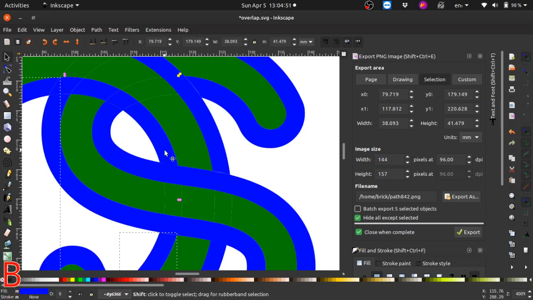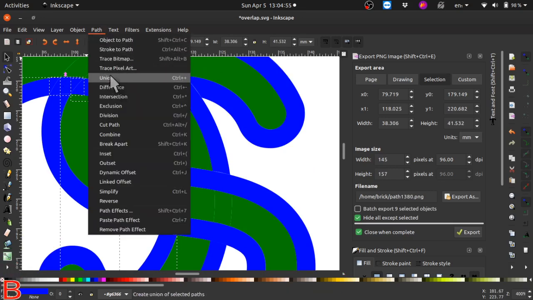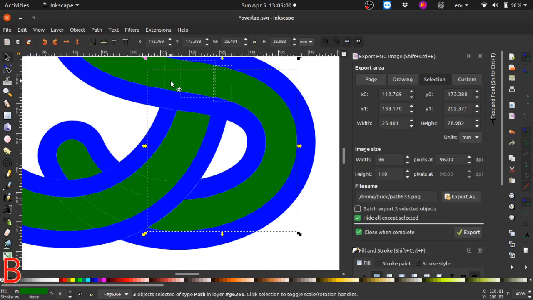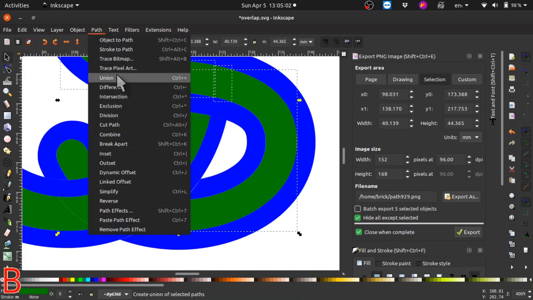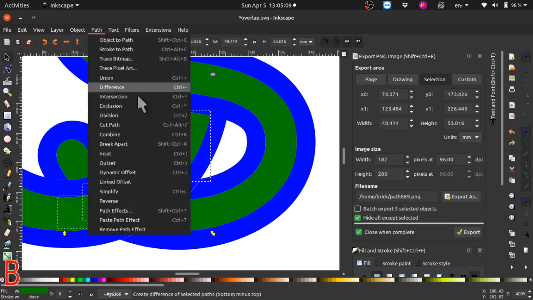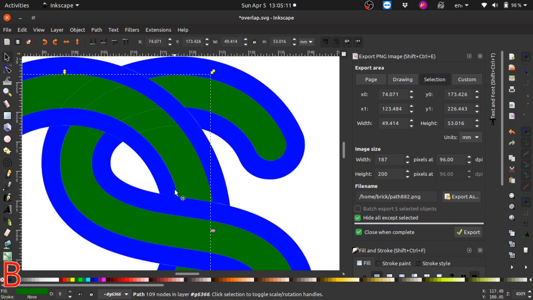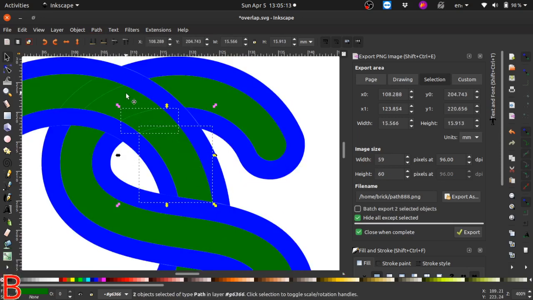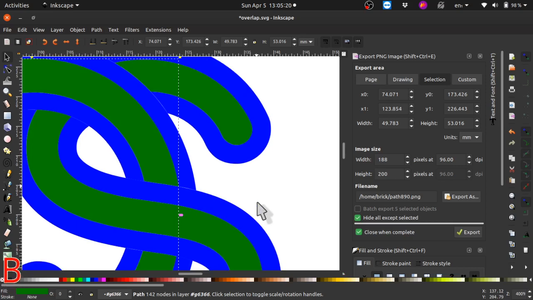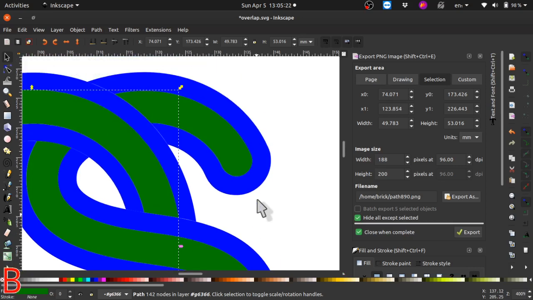So now working on the inner. Just selecting them all. Path, Union. Okay, now we can do the green here on the inside. Union. Path, Union, and up here also Path, Union. Okay, so the only thing that I don't like about this is I don't know what math all is involved,